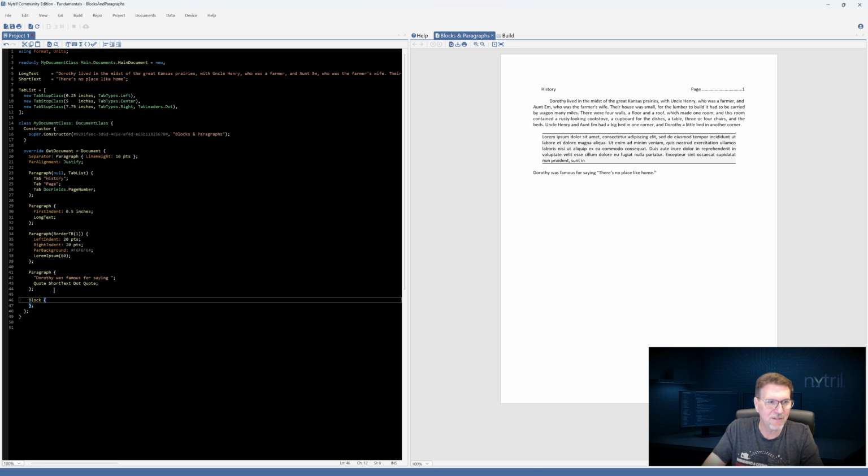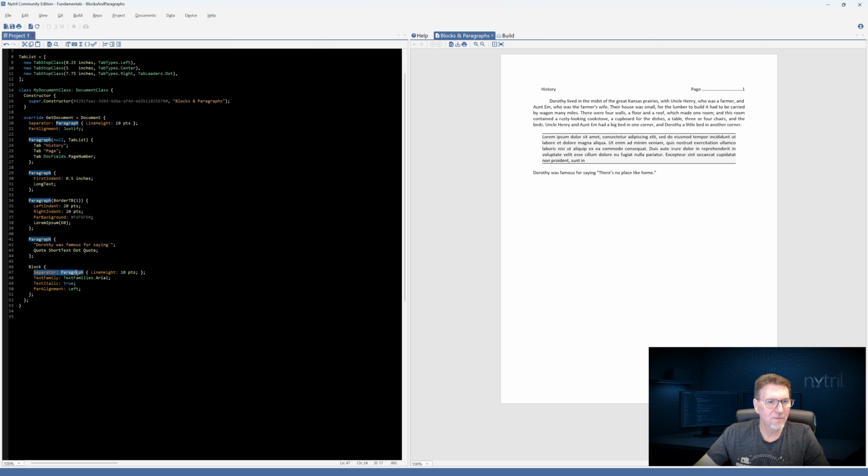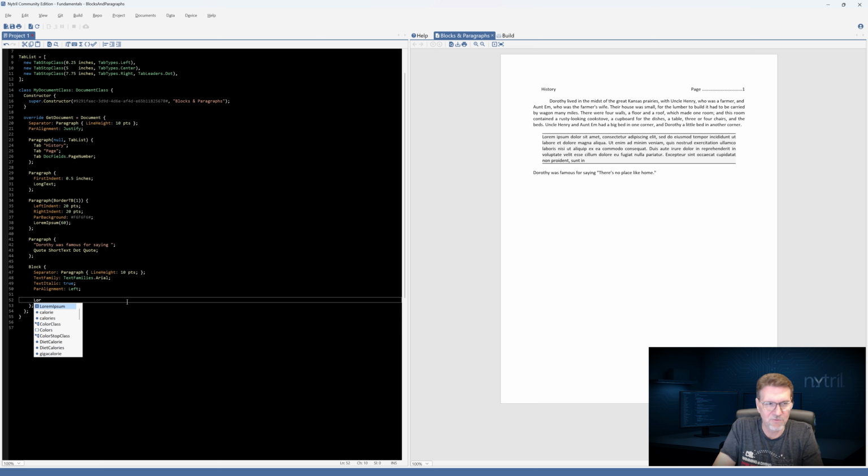So now to illustrate once again how a block in fact is useful, let's create one that actually does something. I'm just going to place some formatters in here, and then we'll talk about which ones they are and what they do. So I'm adding in here a separator like we did above, text family. Obviously I'm setting a font family. I'm setting the italics to true, and I'm setting the paragraph alignment to left. Now I'm just going to put some raw text in here. I'm going to use the lorem ipsum again, size 60.